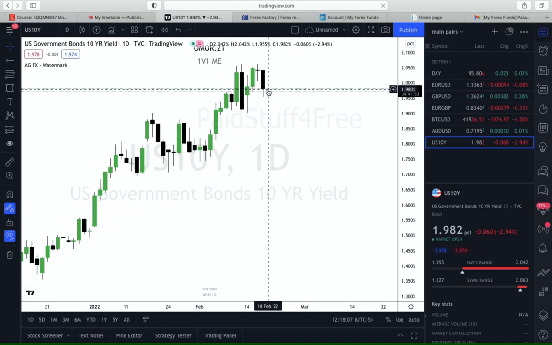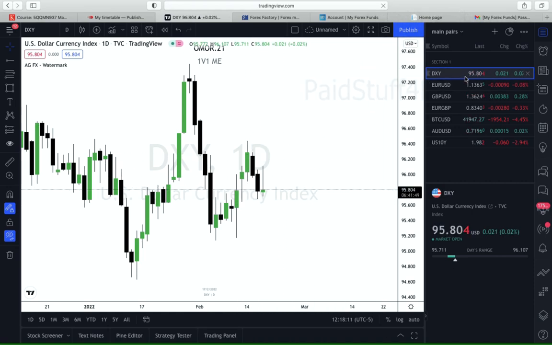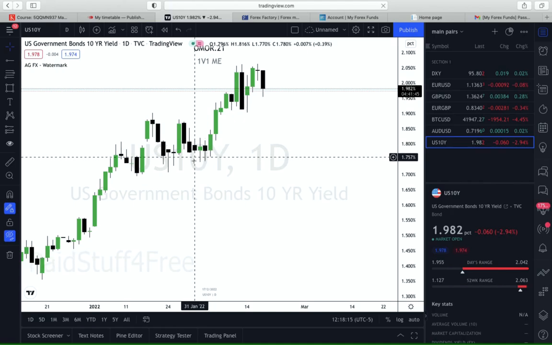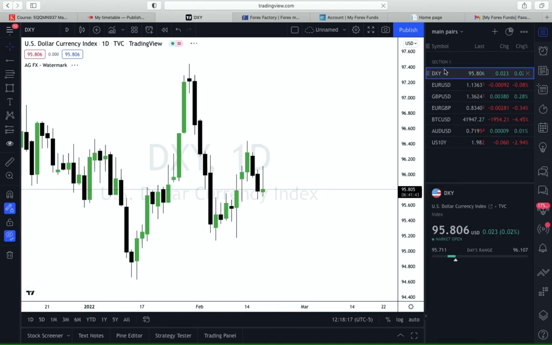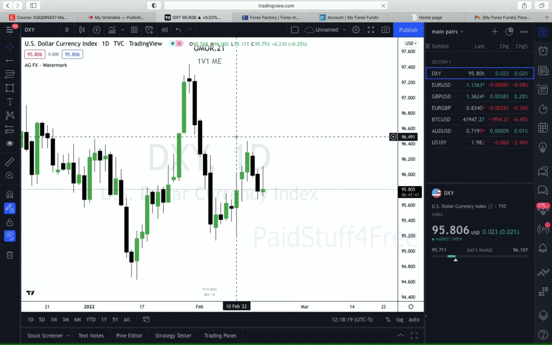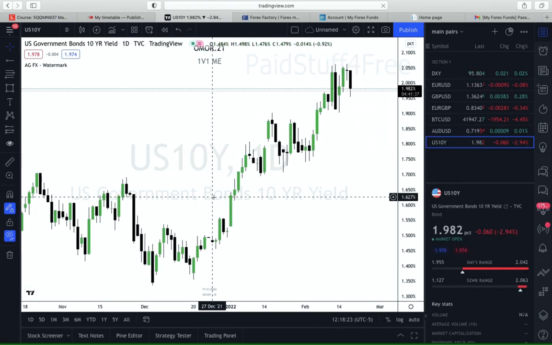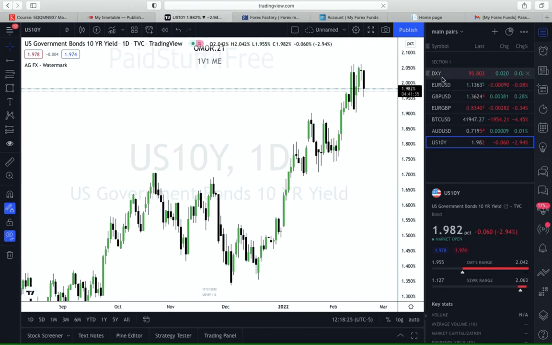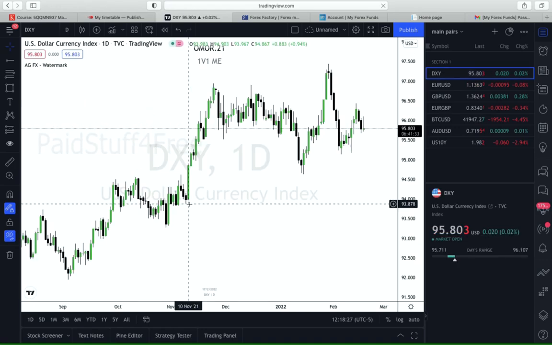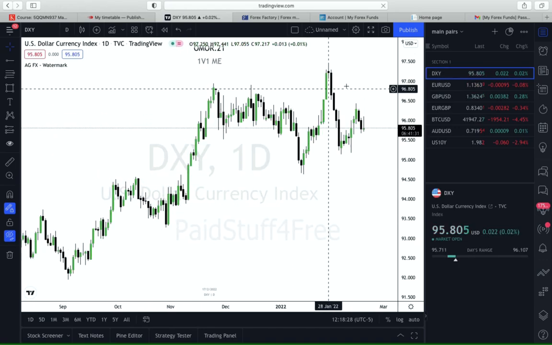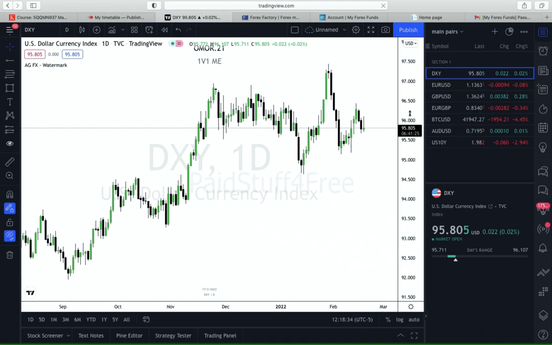As the US 10-year goes down, the DXY comes down. As it goes up, shown by this move up, the DXY makes a move up. It's not exactly the same. You'll see the chart looks a bit different. If we go from here to here, overall it's up, but it's not tit for tat the same. So what I want you to do is